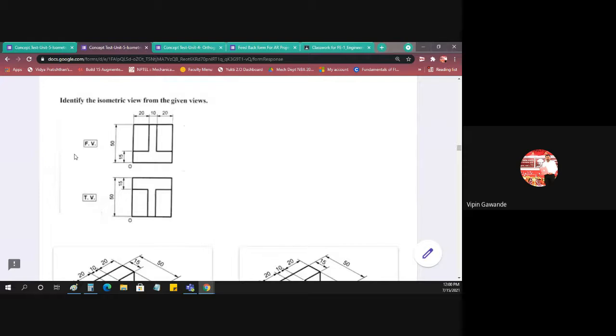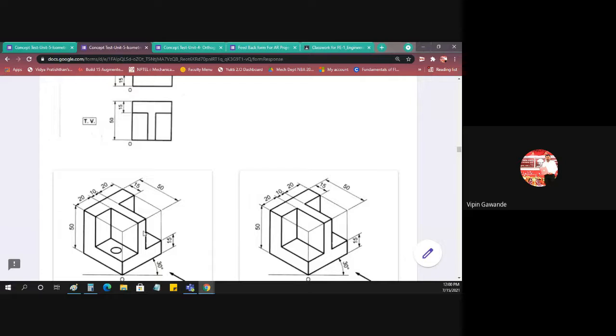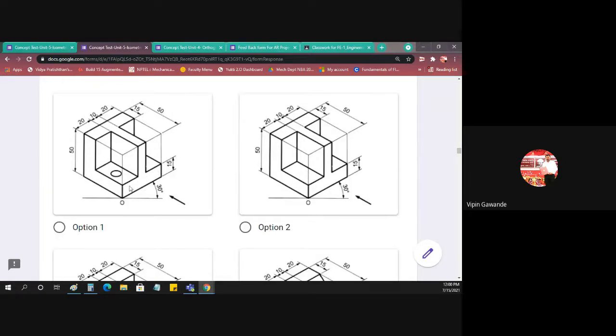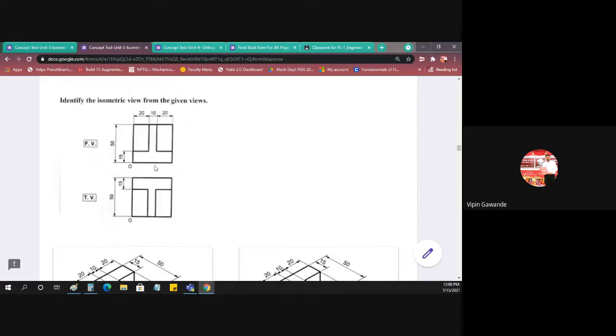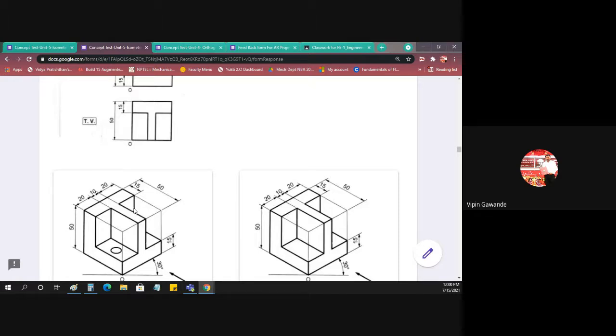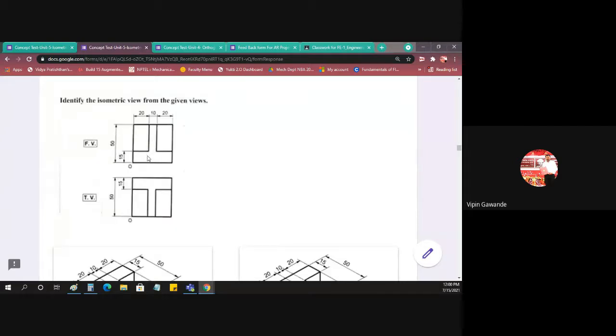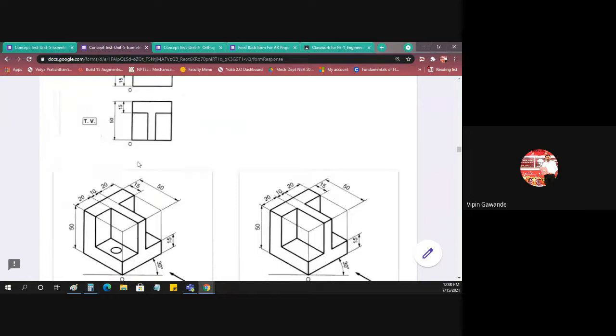Okay, now let us check this one. Now the front view is given. In the front view, first we will check this part, the reverse T. Suppose this T is there, so we will check T first. Where will we get T? In option number 1 we'll get T. Then we get these 2 rectangles, 1 and 2. But here a circular cutout is shown in the first option, and because of the circular cutout we will get dotted lines, but dotted lines are not mentioned in the front view. So this is not the correct option for our front view.